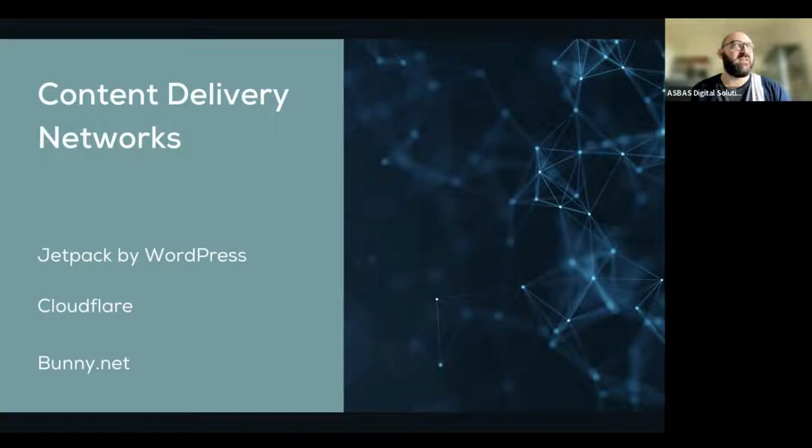So for instance, if I was hosting my website in Sydney, but I am in Perth, I would be viewing a version of that website which has been downloaded from Perth. So it would be much, much faster if my site was mirrored through bunny.net or Cloudflare or Jetpack, where all these places have locations of their servers in those places. Now that's to make it faster,